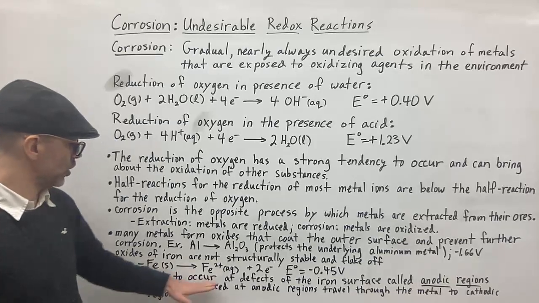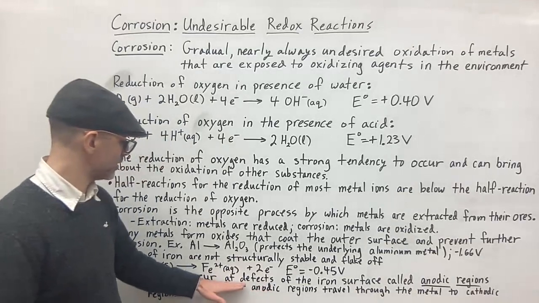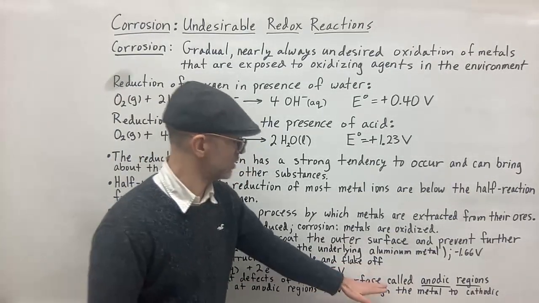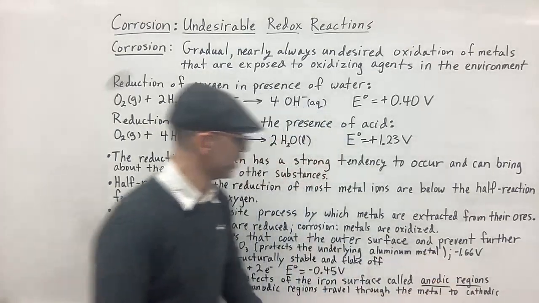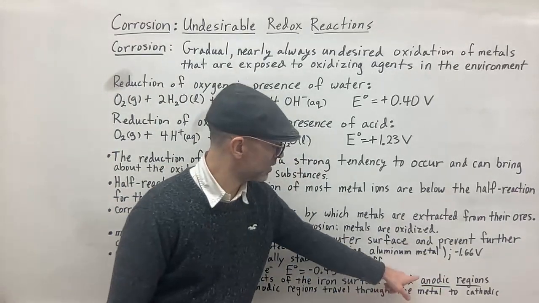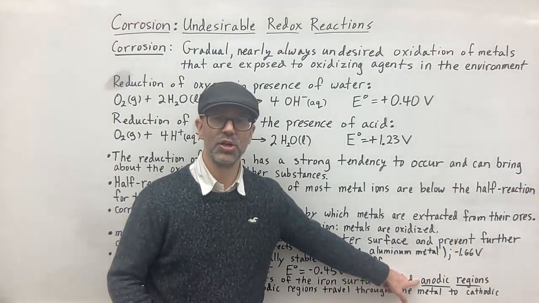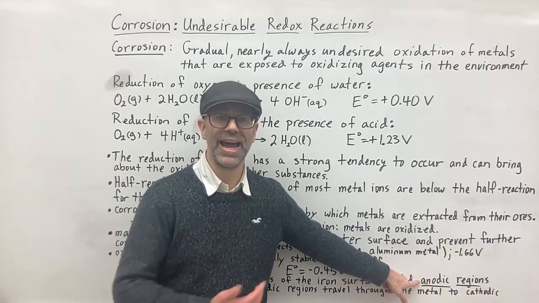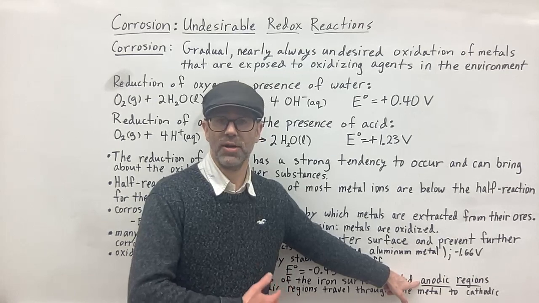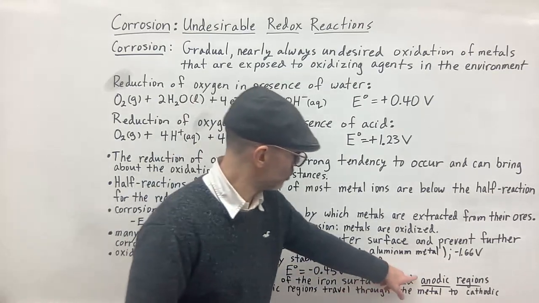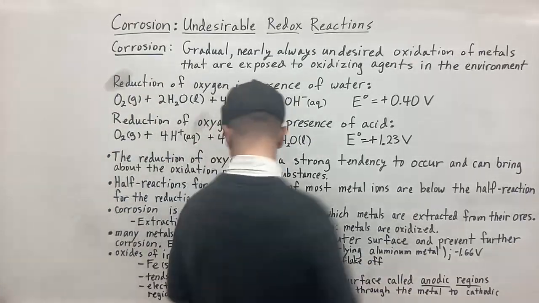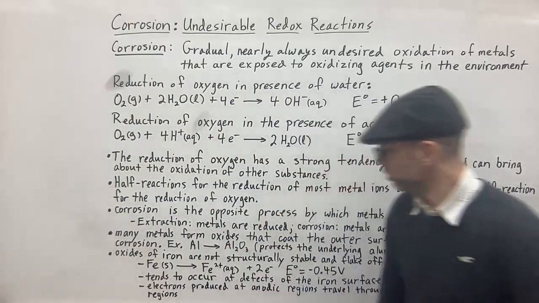So this tends to occur at defects in the iron, and that is at the surface, and these are called your anodic regions, because that's where the oxidation is occurring. We know that oxidation occurs at the anode of an electrolytic cell or of a battery. And so we call those anodic regions where the oxidation of the metal takes place. And then once